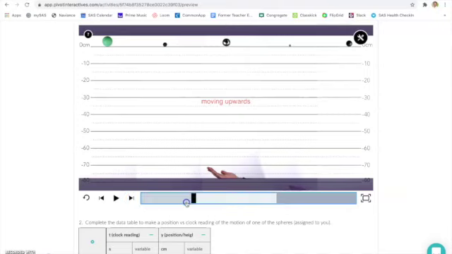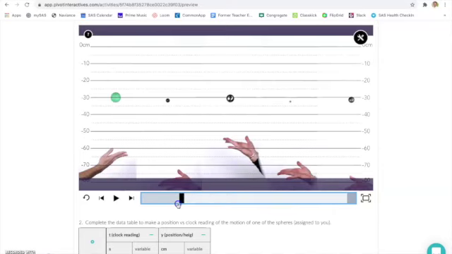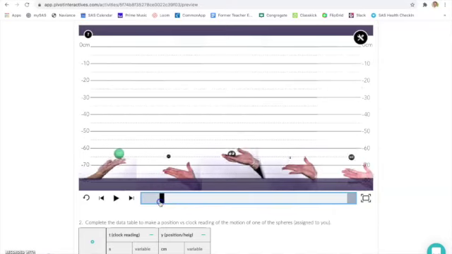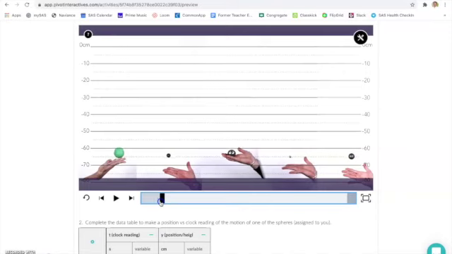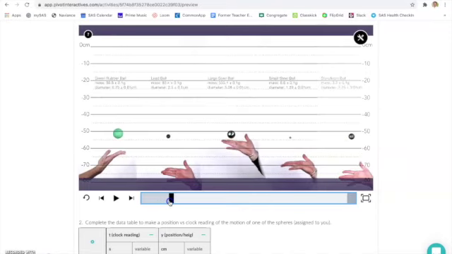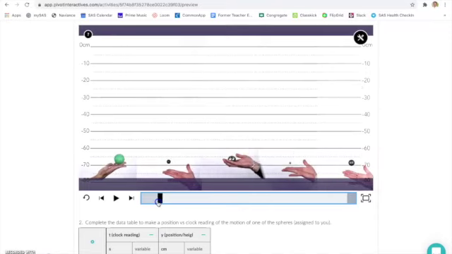So let's go ahead and start this video over. This does go all the way through and have the balls come down. Let's start this all the way over and let's just look at the green ball. The green ball is released, and in the instructions you are asked to start your observation after the ball leaves